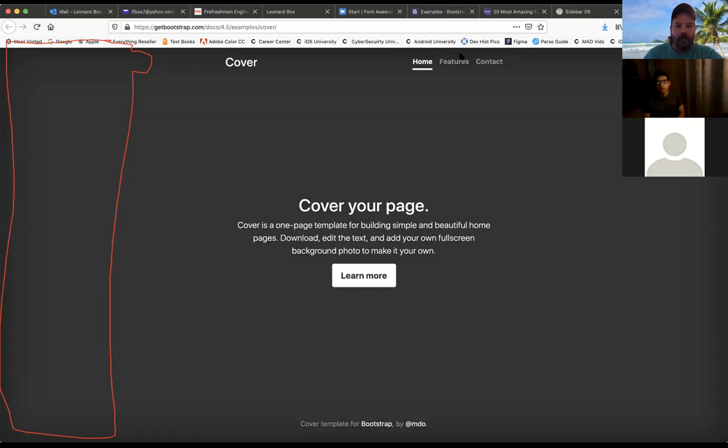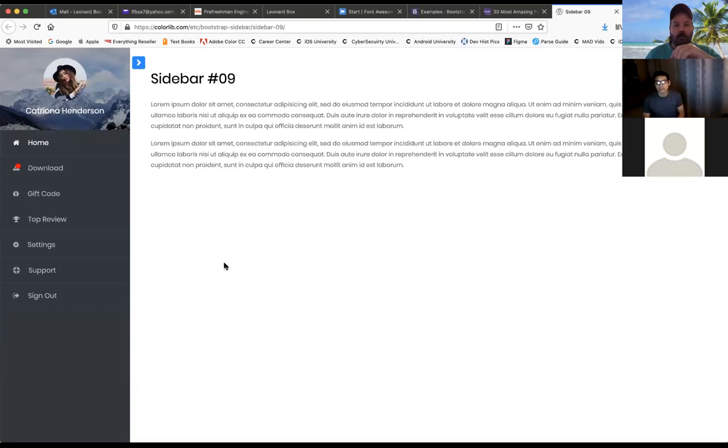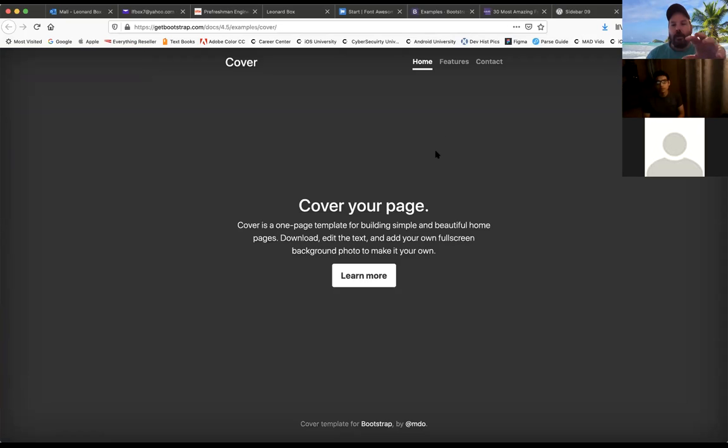the Bootstrap page. So this is under examples, and this is just a cover page. What the intent is, is to have this be this white area here, and also then put a background picture into this section, so that our